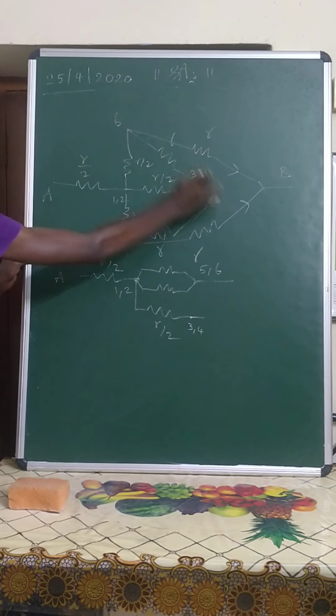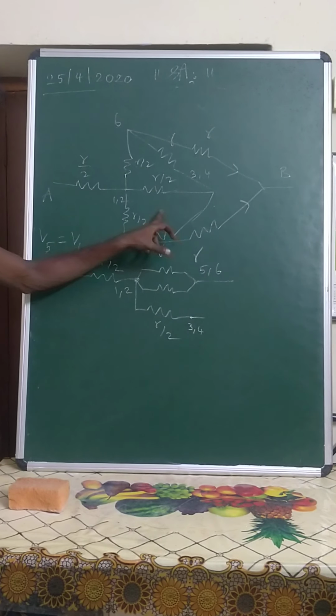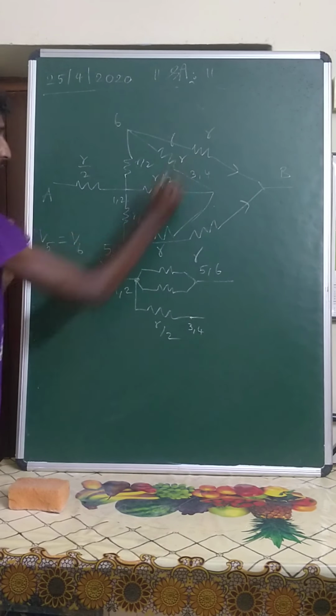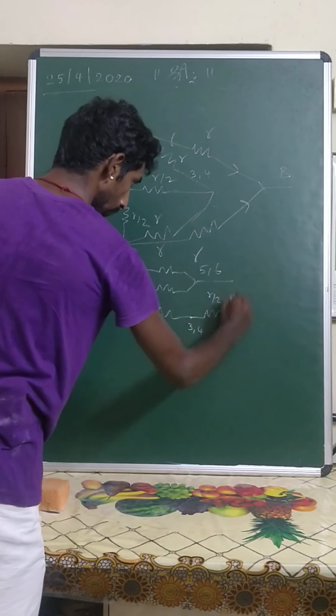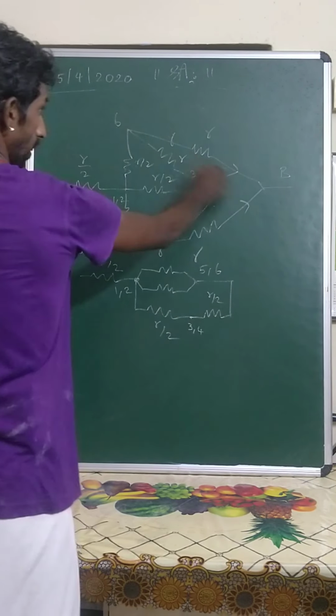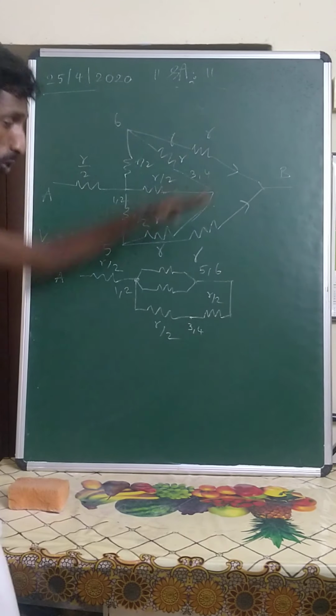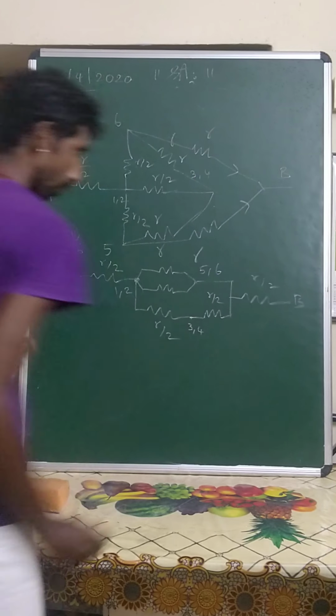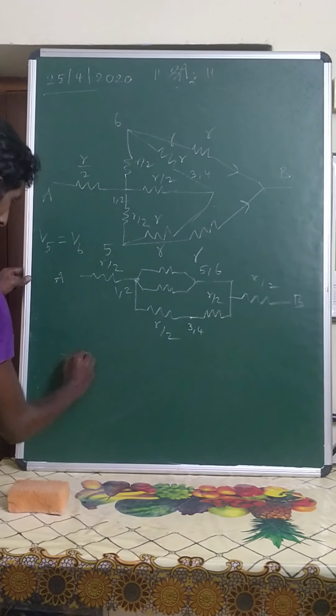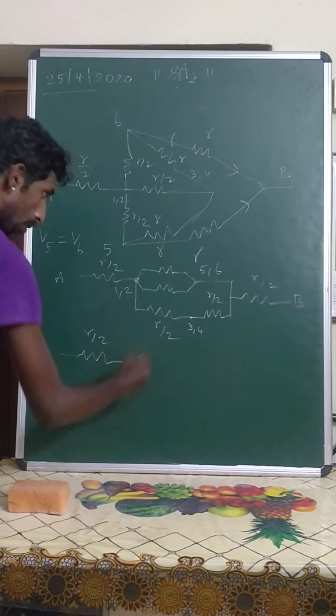So this is R, this is R. We know that. Yes, this is R, this is R. They are connected to 5 and 6. So they are parallel, so we can simplify that as R by 2. Connected to 5, 6. So 5, 6 to B. So both are parallel, same potential. So this is R by 2 finally to B. Okay, so finally the answer will be R by 2.